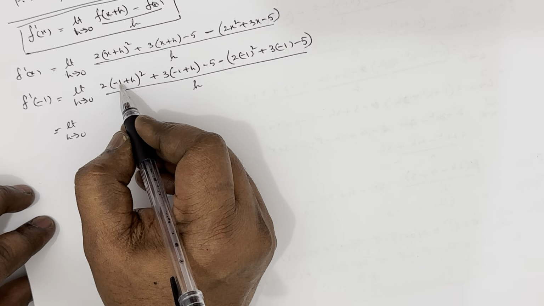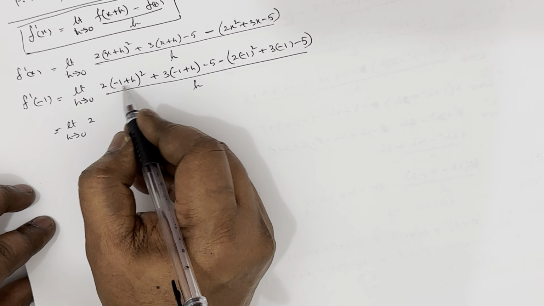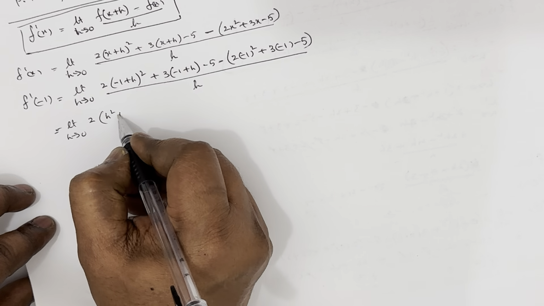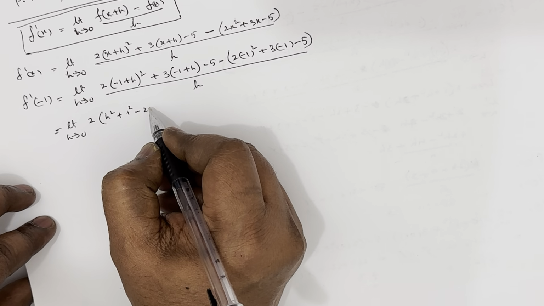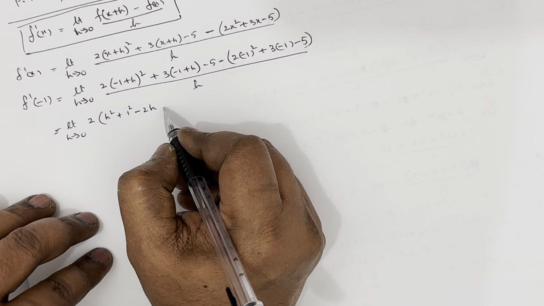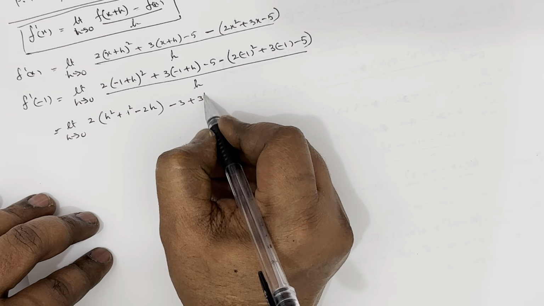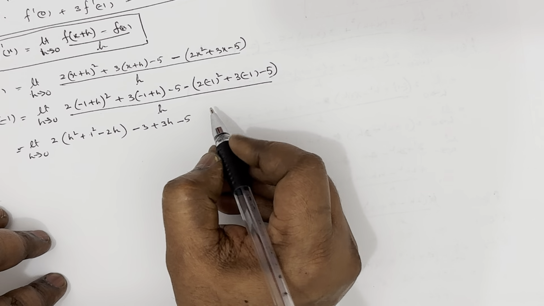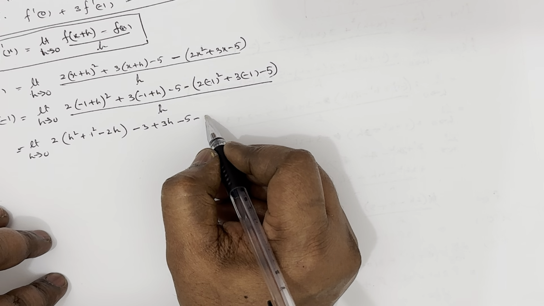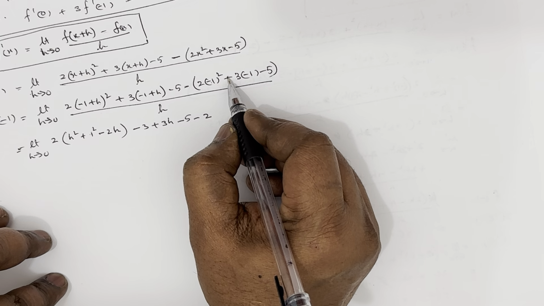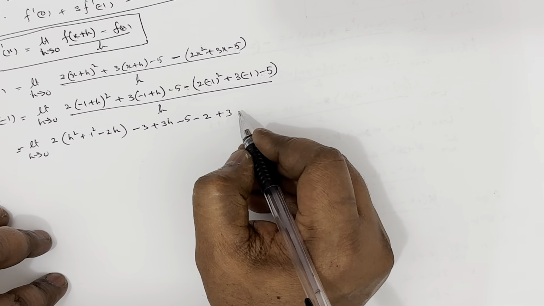Now this is in the form a plus b whole square, a minus b whole square. Okay, let this be a and this be b. So it's a square plus b square minus 2ab, that is 1 square minus 2h. Okay, now this will become minus 3 plus 3h minus 5. Now 1 square will become 1, so 2 times 1 will become minus 2. Now this will become minus 3, minus into minus will become plus 3, and minus into minus will become plus 5. Okay,